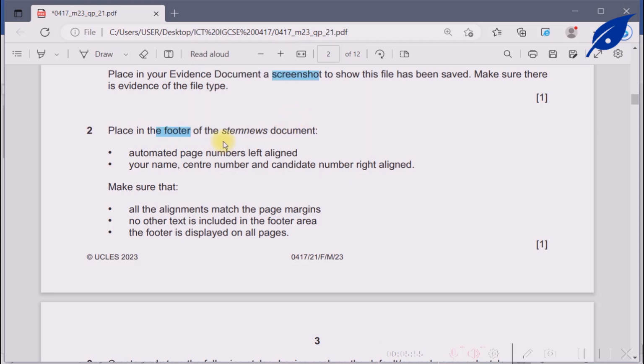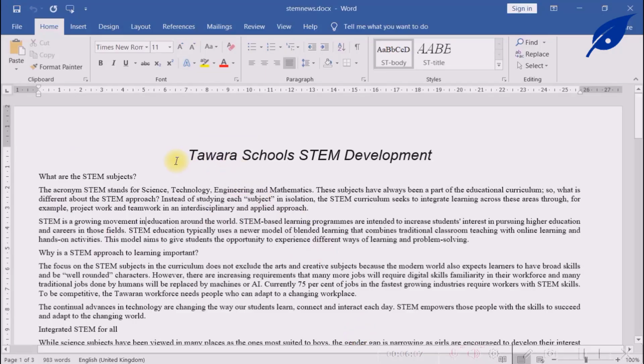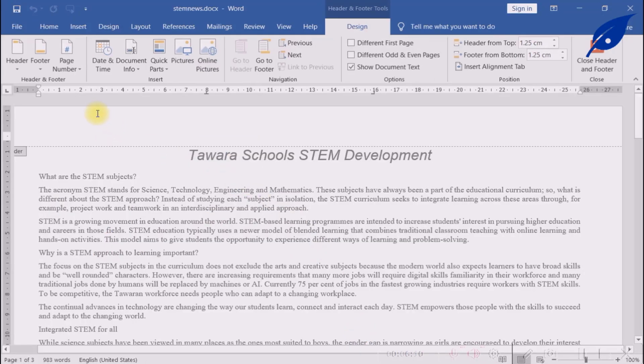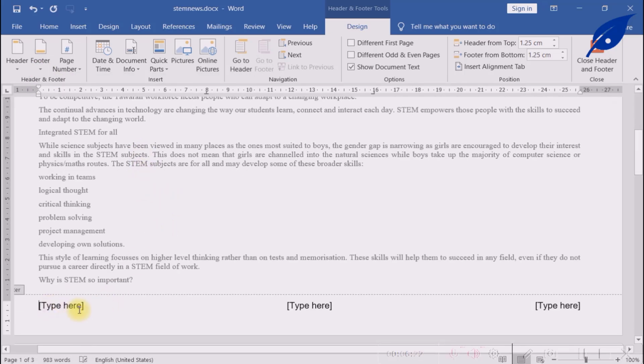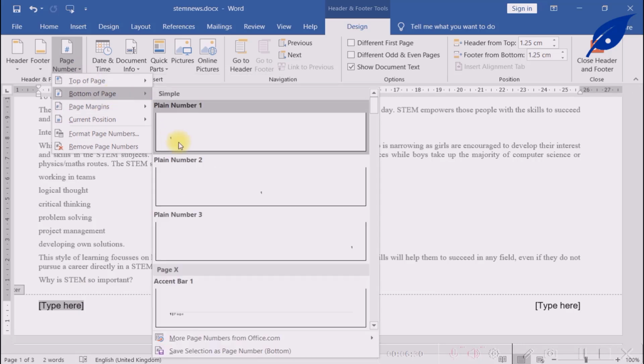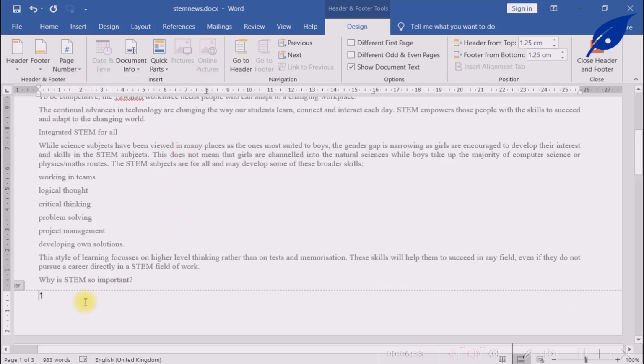of the STEM news document, automated page numbers, align left. So we go here to our work, double click here, then insert footer. So in this footer, we select this. So here we'll fix the page number. Fix our page number here. Then